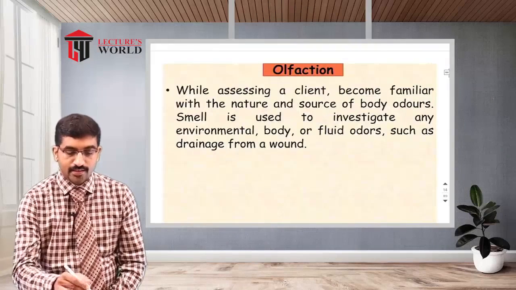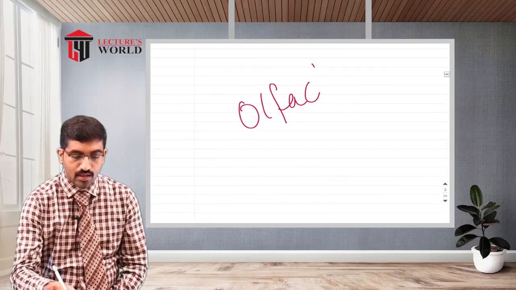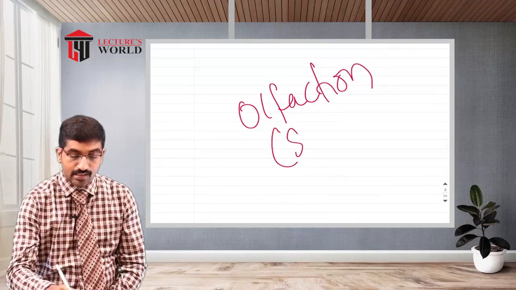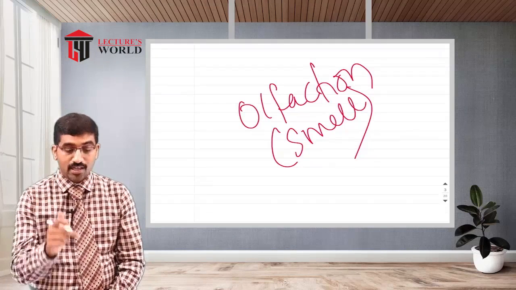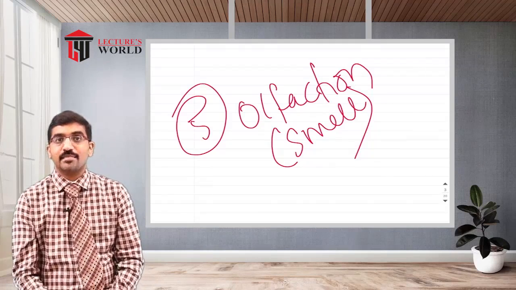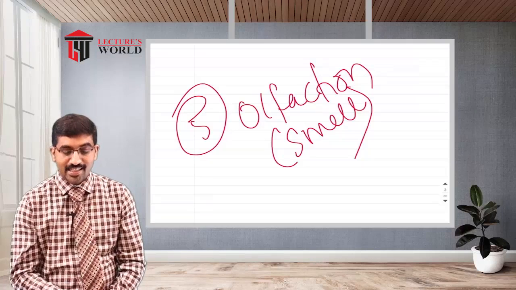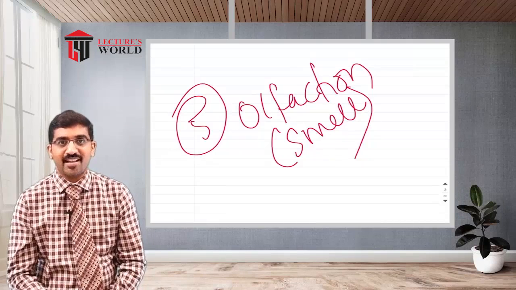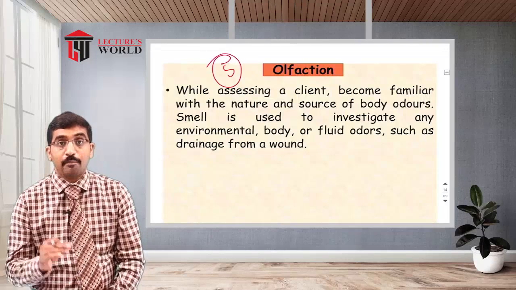And the last one is olfaction. Have you heard about olfaction? Olfaction relates to the olfactory nerves, which you might have heard about in the nerves also. So this is about smell with our nose. This is the fifth step, the last step; the one with our eyes was inspection. Then smell with our nose. It is not possible to smell everything, but in some cases the patient's body